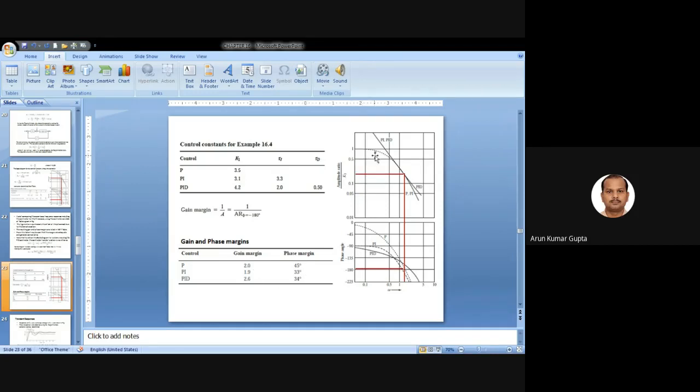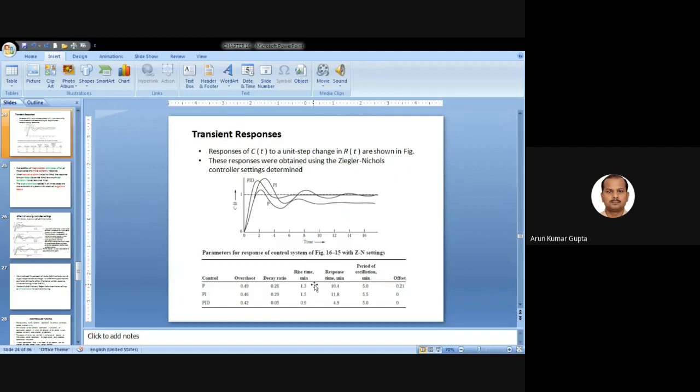So it means you have to take the different values, just like for proportional, you will take this dotted line. For PI, you will take this line. For PID, you will take this dark curve. So if you take a different curve, you have the different value of gain margin and phase margin. So from the graph, you can easily get all this information, right? Once you know the values of the parameters, you can easily get it.